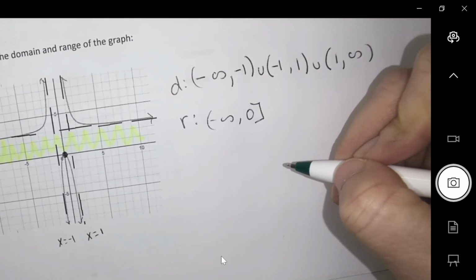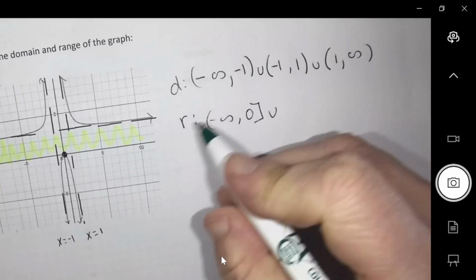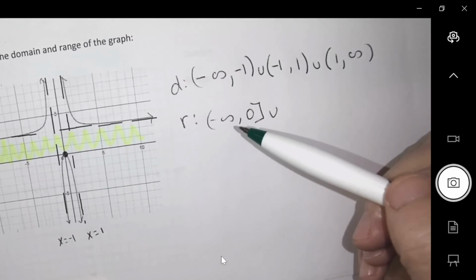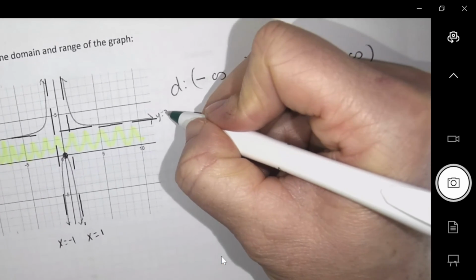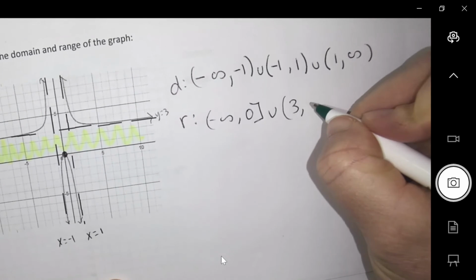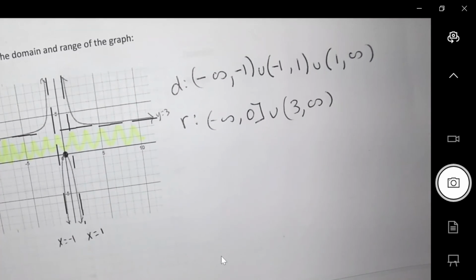Square bracket on that guy. Union. So now I skip a bunch of numbers. 1, 2, this is a height of 3, and then we shoot up after that. Okay, but can you see why I'm using round versus the squares in those